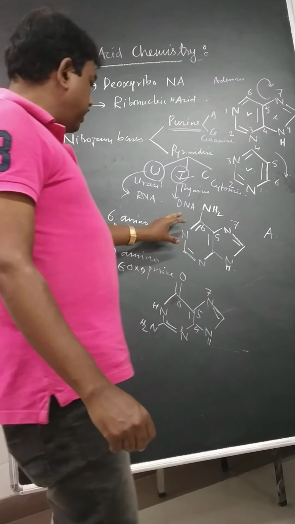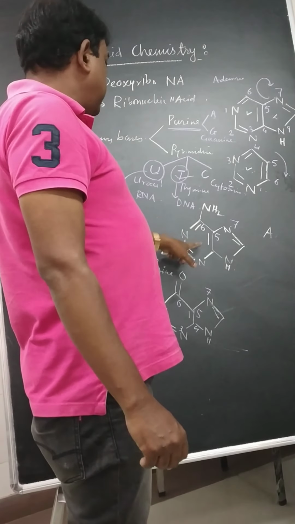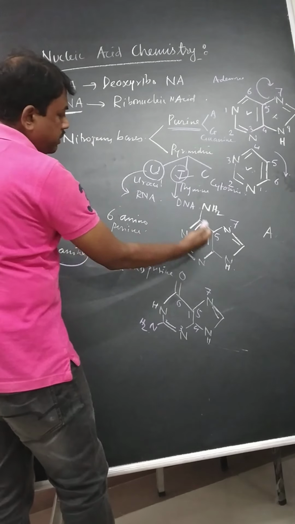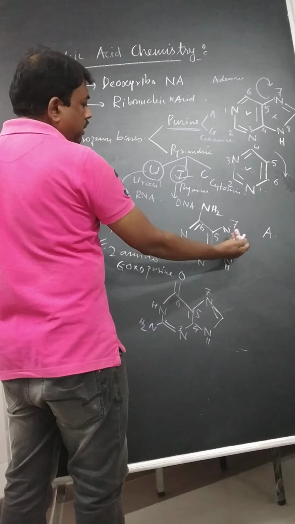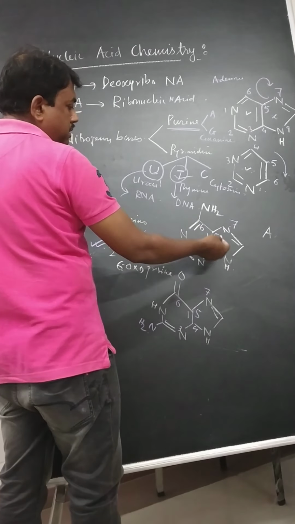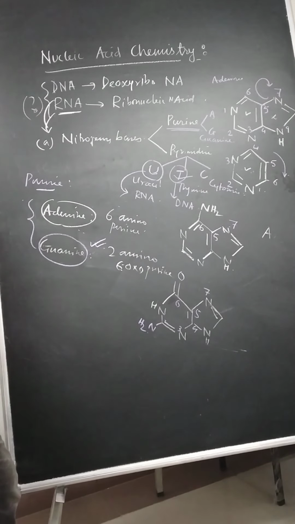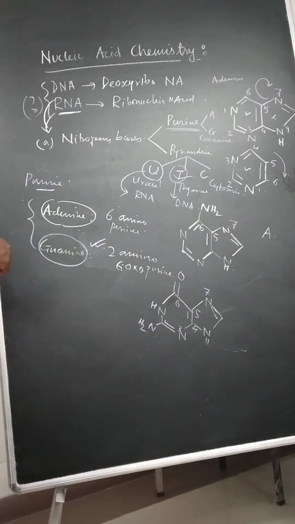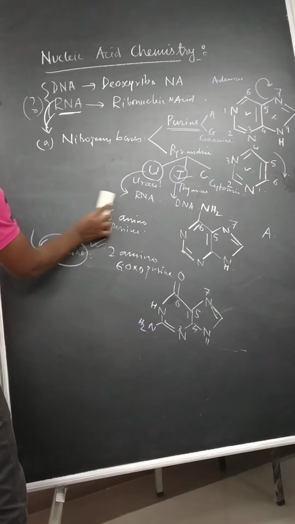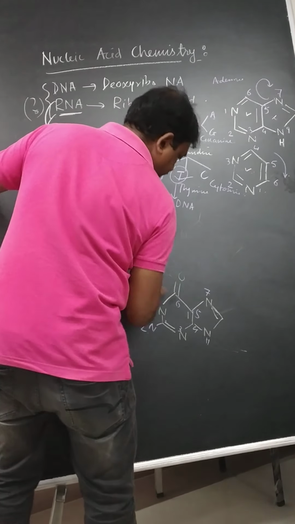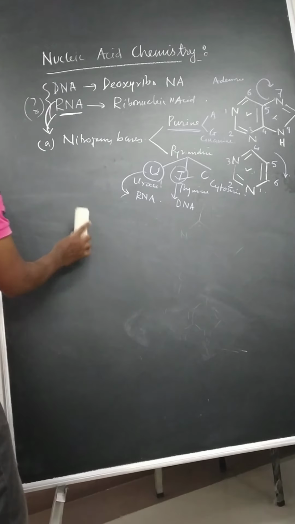Now just try to remember this, that there are double bonds almost in the conjugated position, so that redistribution of electrons will confer the partial double bond character to all the bonds present in this purine nucleus. So this is a nearly planar molecule. So these are the purine bases. Now the pyrimidine bases. Now the pyrimidines.